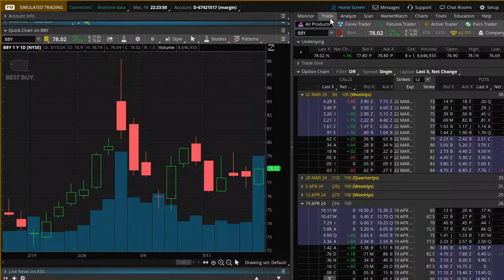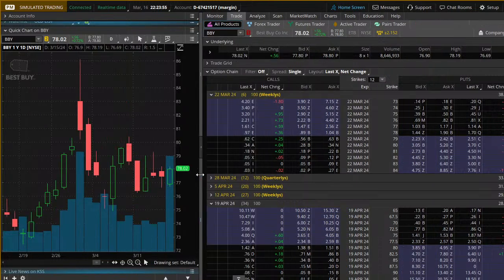No, not in this account. Okay, so anyway, let's take a look at the numbers. Last trade, 78.02. 77.80 is the bid. 78.80 is the ask. So the 79 is the closest. 58 cents. No, sorry. That's not 1%. And it's not worth doing 78.80s. Sorry, Charlie. BBY, the numbers just don't work.